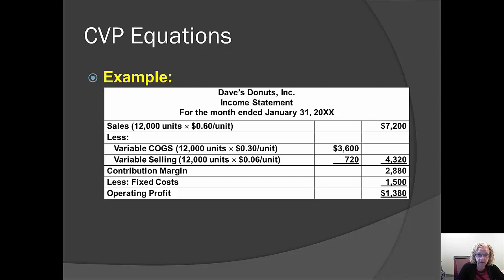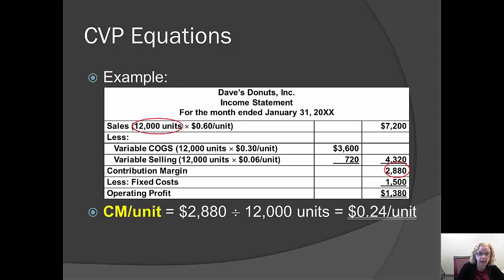Here's an income statement in contribution margin format for Dave's Donuts. If you take a look at the income statement, you can see that he sold 12,000 units at 60 cents a unit, that he had 30 cents of variable manufacturing costs and 6 cents of variable selling and administrative costs, and $15,000 of fixed costs. And he ended up with an operating profit of